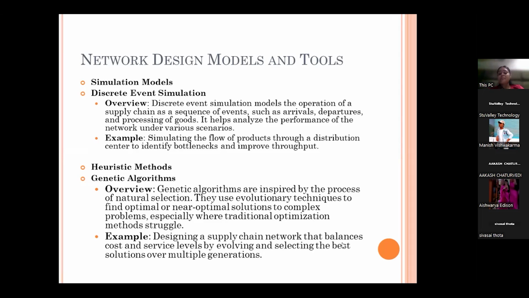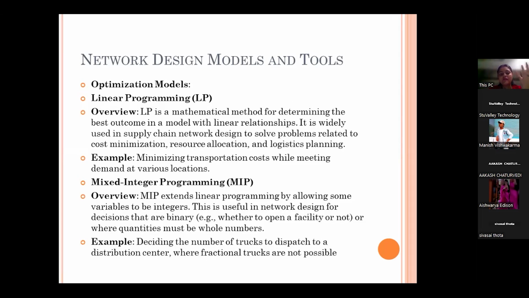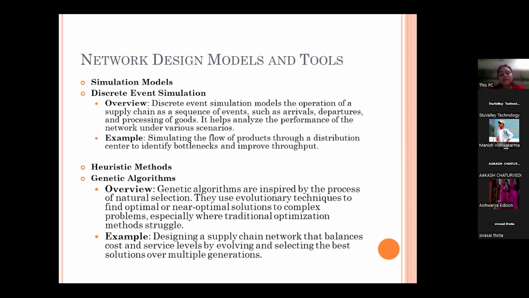But the results over any other method, simulation or optimization method, this is the best, the very best result-giving method, the genetic algorithm. Other methods are also fine, which we use in day-to-day life, or which will become more and more commonly used. But this is something new, and the efficiency and results this method gives are very, very nice compared to other methods. Okay, any questions or search about these heuristic methods?